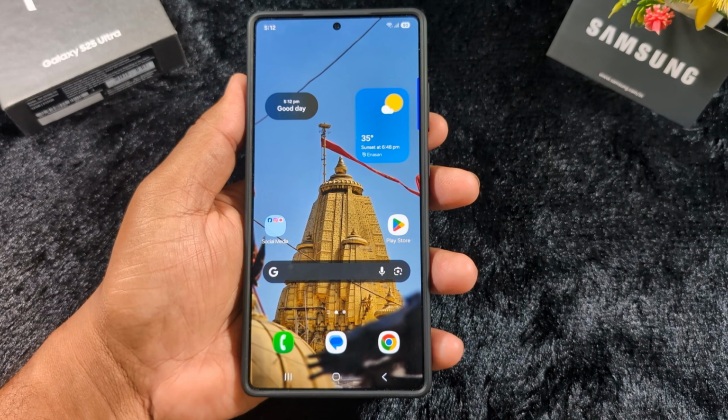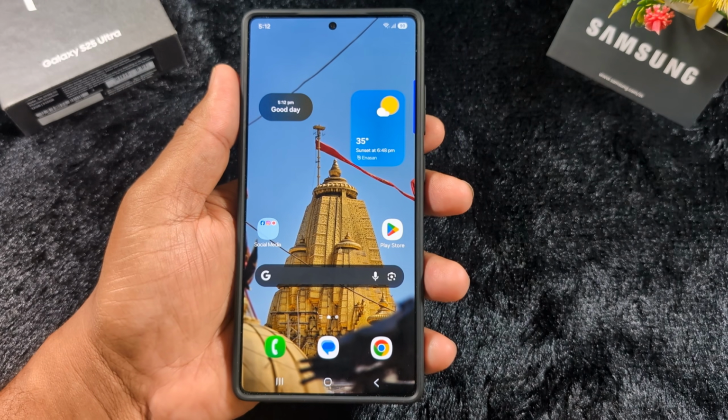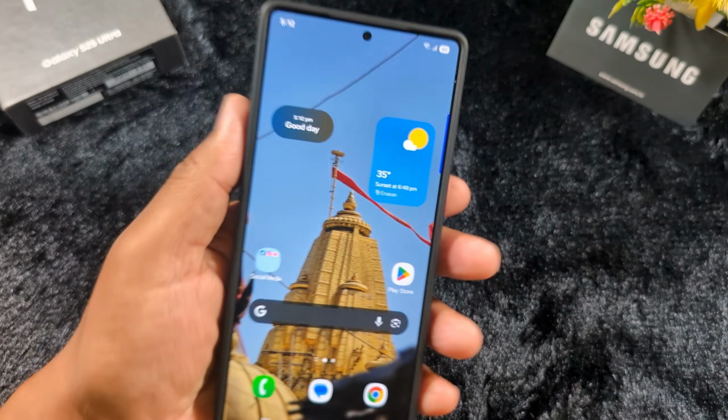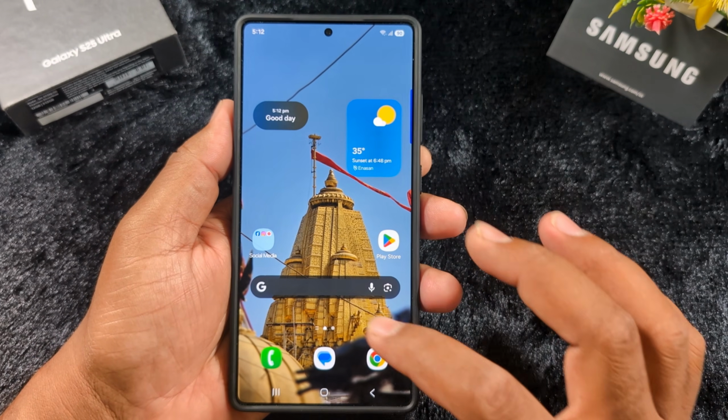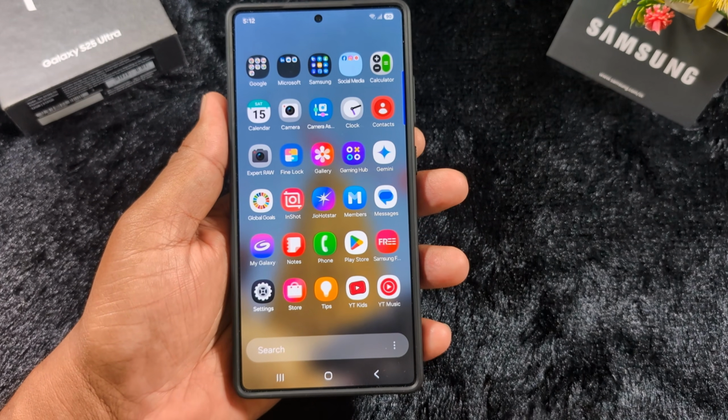How to change the font style or default font on the latest Samsung One UI 7 device. This is my Samsung S25 Ultra running the latest One UI 7 version. So if your device is running One UI 7 and you want to change the default font, so first of